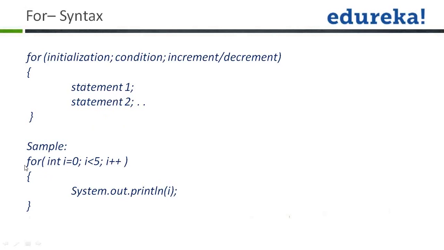If you see the sample right here, for int i = 0, that means you are initializing a variable, and you check the condition, that is i < 5. Till the time the value of i is less than 5, this loop will run, and you are also incrementing the value of i, because if you do not increment, the value of i will always remain 0, and 0 will always be less than 5. So this loop will run infinite times. That is why you increment a value. So first time, second time, third time, fourth time, this loop will run 5 times from 0 to 4, and as soon as the value of i becomes equal to 5, it will get out of the loop.